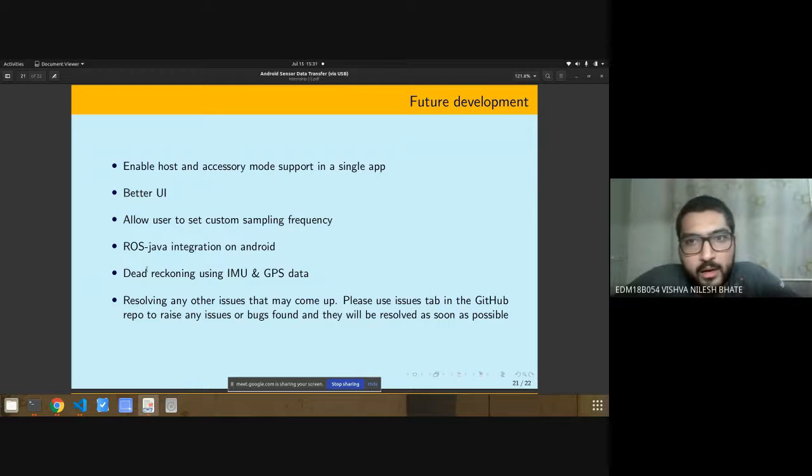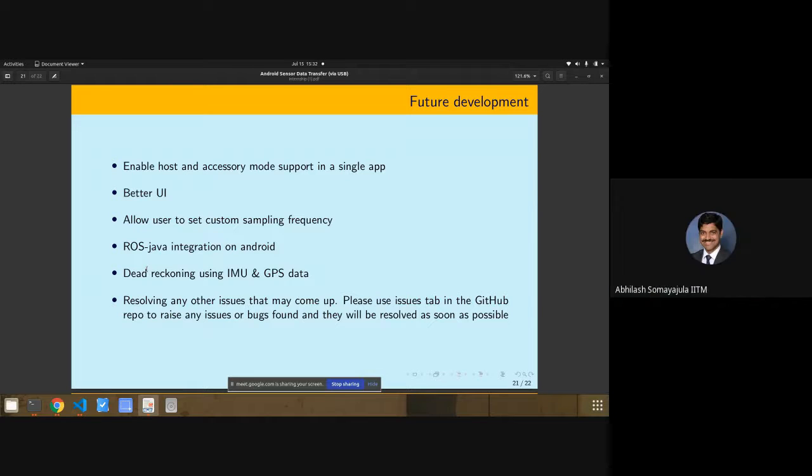And the last two things, like dead reckoning using IMU and GPS data. So that is something which I just started working on last week. Can we get position and orientation using the IMU and GPS data, because GPS frequency is very low, 5 or 7 seconds, and IMU has a lot of errors. So can we do sensor fusion and do dead reckoning using these two sensors? That is something which is currently being done. Are you planning to do this from scratch?